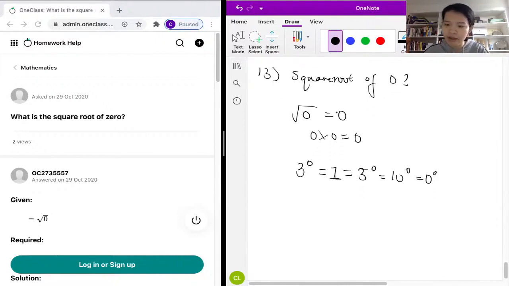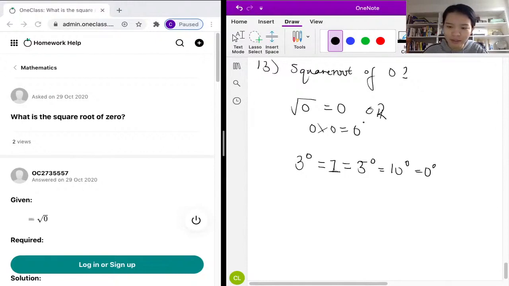0 is just 0, which is very straightforward, or at least this is the case in the real numbers. So basically, you're not going to see this until like 3rd, 4th year in university, but what you can do is that in linear algebra, you can extend the real numbers, and in that case, the square root of 0 might not just be exactly 0, but that's like an extension that you're not going to encounter until your later years in university. So for high school purposes, just remember the square root of 0 is just 0, and it's not tricky at